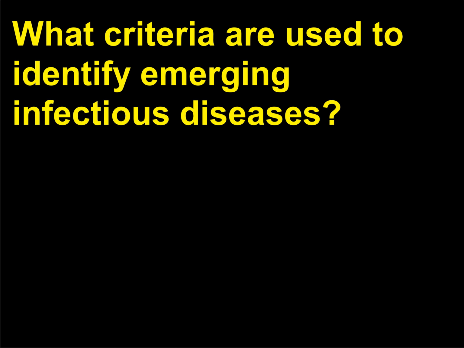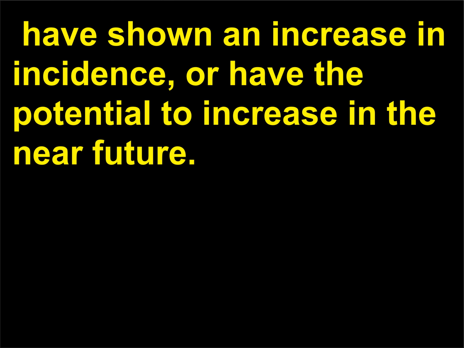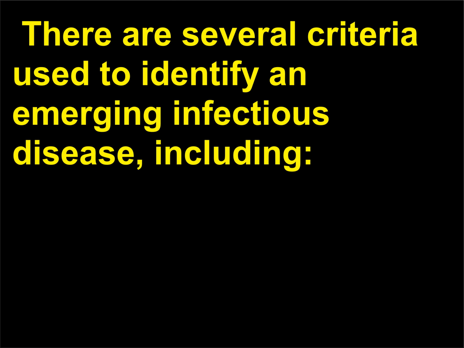What criteria are used to identify emerging infectious diseases? Emerging infectious diseases are ones that are new, changing, have shown an increase in incidence, or have the potential to increase in the near future. There are several criteria used to identify an emerging infectious disease, including